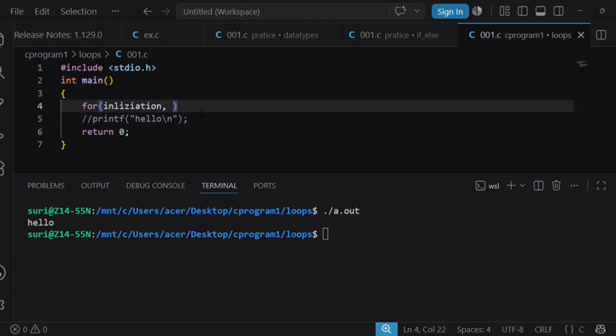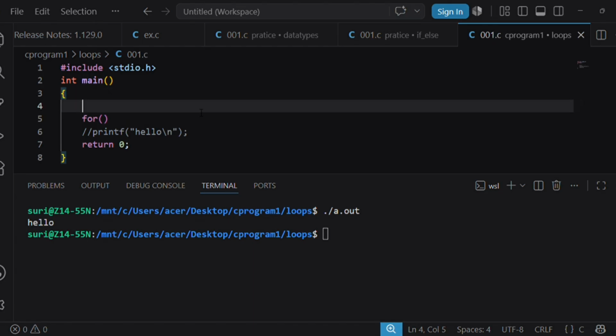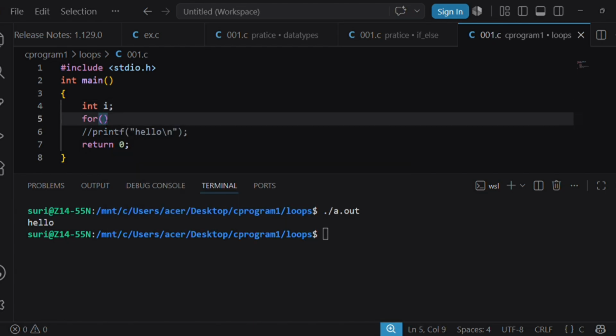Initialization, condition. For the simple purpose, first we require a variable name. So I am creating a variable with integer data type.